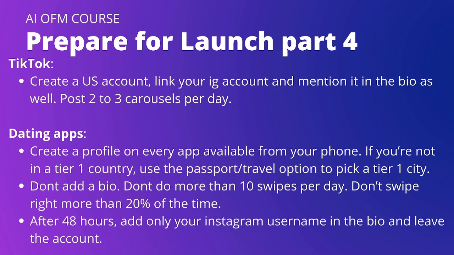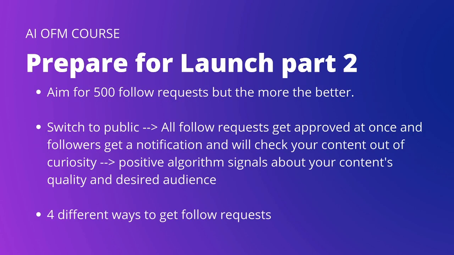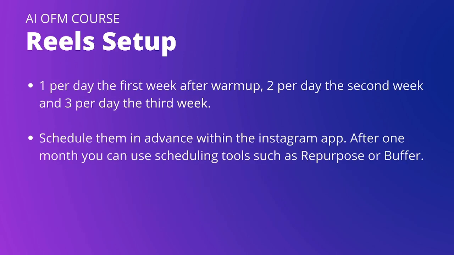So let's say you did 2 out of 4 of these methods. You should accumulate some 500 follow requests after hopefully a week, 10 days, a couple of weeks. It can go faster, but at least that's a good start. And also, if you already have accounts that are posting organically, you can just create a second Instagram account to do that. So once you get at least 500 follow requests,